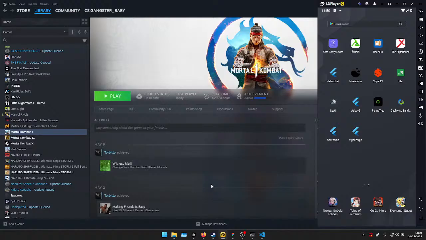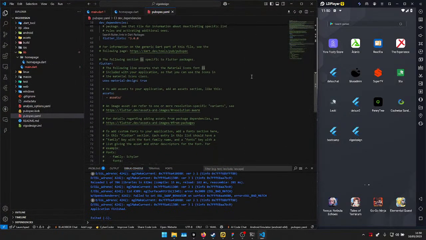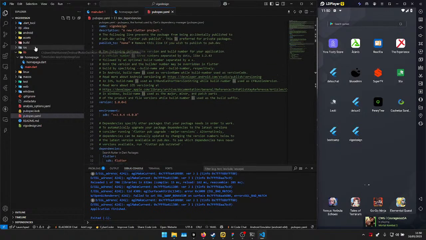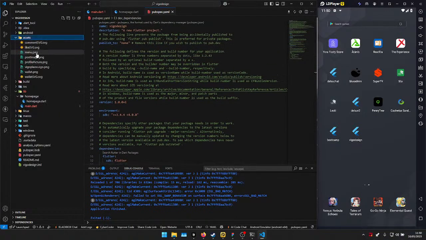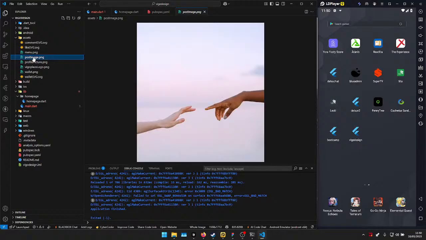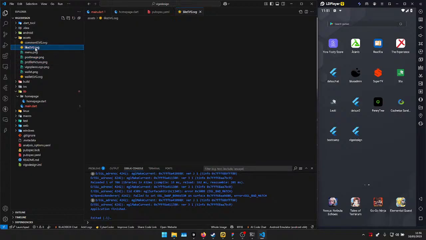Don't worry, we are going to compare how the icons look. Over here we have our pubspec file, and let me open my assets. Now you would see my assets here, menu. I have to zoom in. Let me select another image. You can see this image, right? Yes, because it's a PNG. But once I select an SVG,